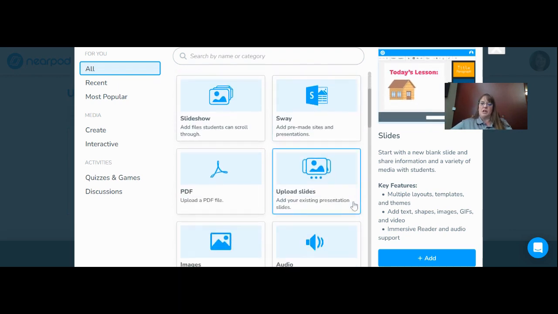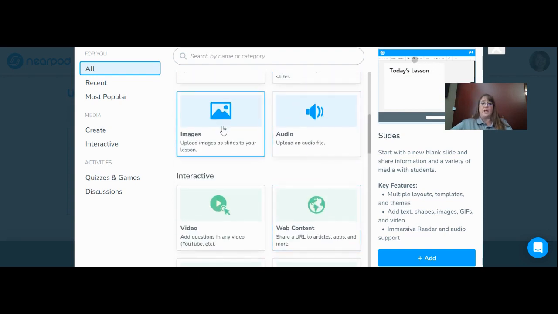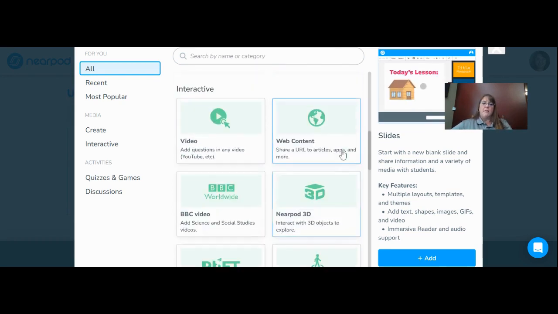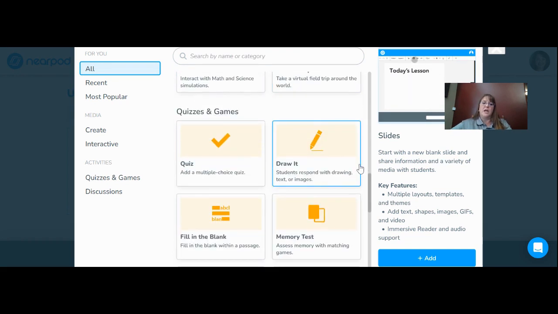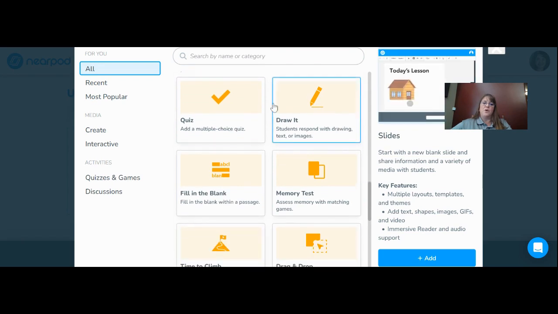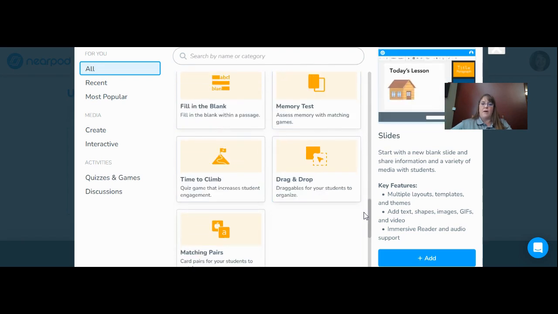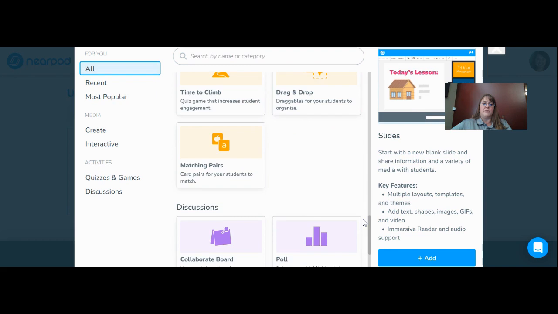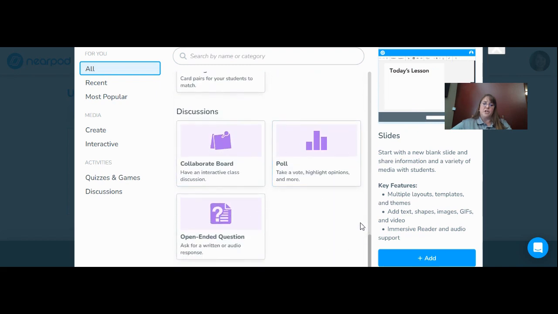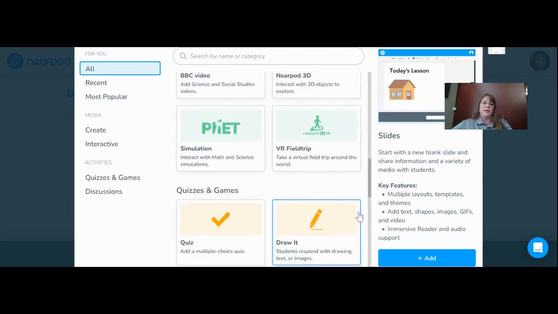But if you decide to go in a different direction, you can upload different slides. You could upload an image to maybe get a starting conversation going, something like that. And then you have your interactive slides that you can use with your students. We have our quizzes and games, which help them with understanding the material. We have some discussion slides that can be used. So today we're going to start with